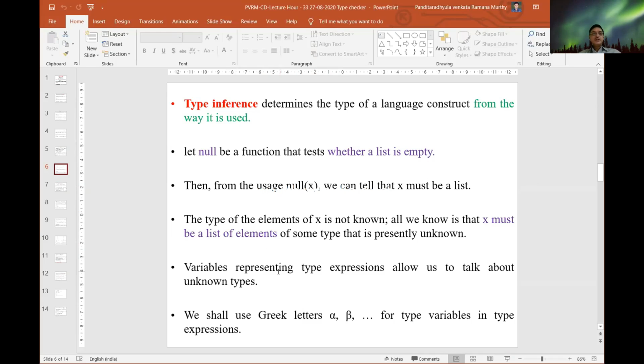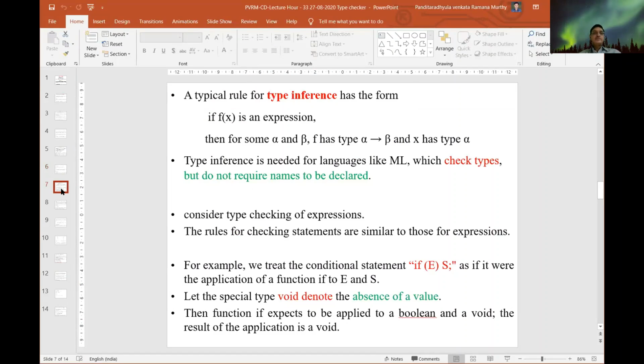The variables are representing type expressions. The variables representing the type expression allow us to talk about unknown types. For those unknown types, we shall use the Greek letters alpha and beta for type variables in the type expressions. A typical rule for type inference has the form: if f of x is an expression, then for some alpha and beta,